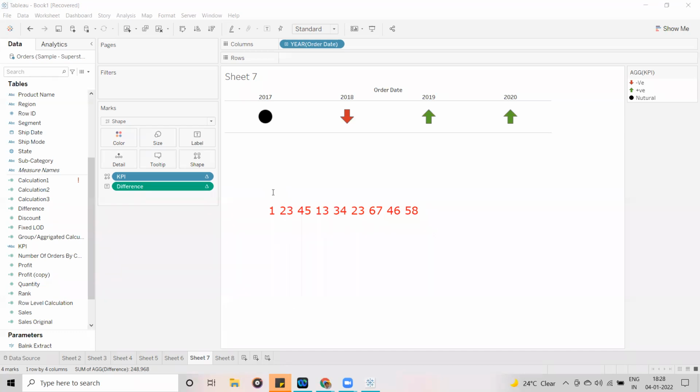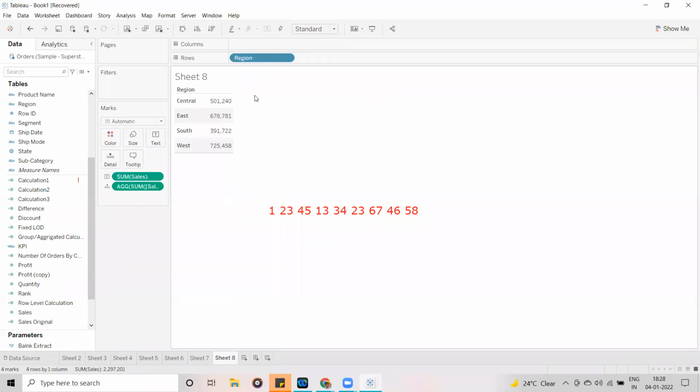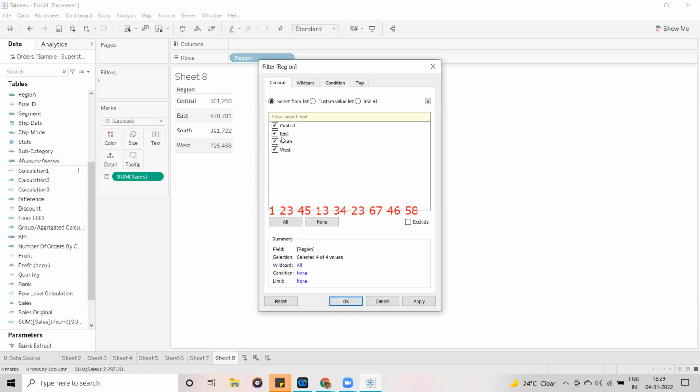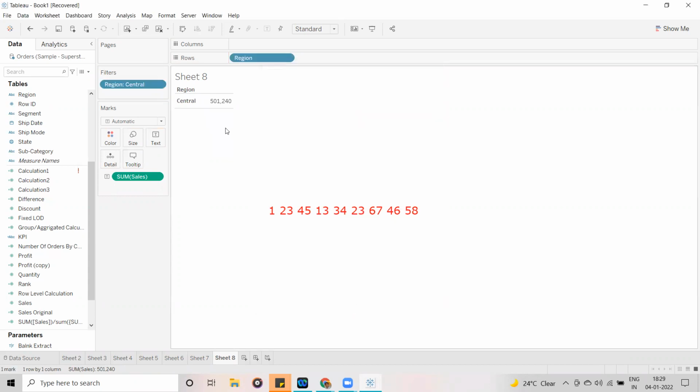Now let me show you one thing. Instead of sum of sales, I'm going to take only one region. I apply the filter, taking east, south, and west out, and only taking the central region.